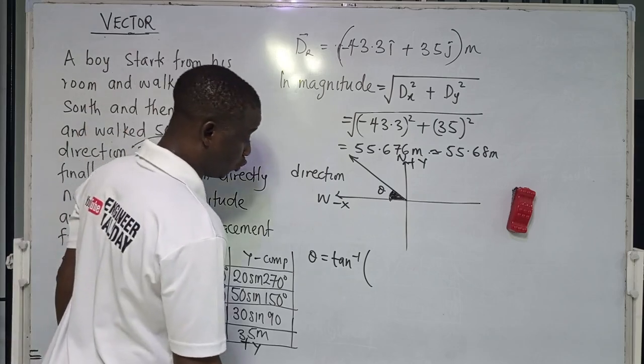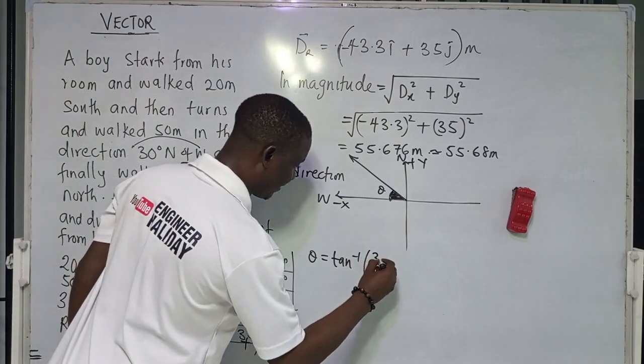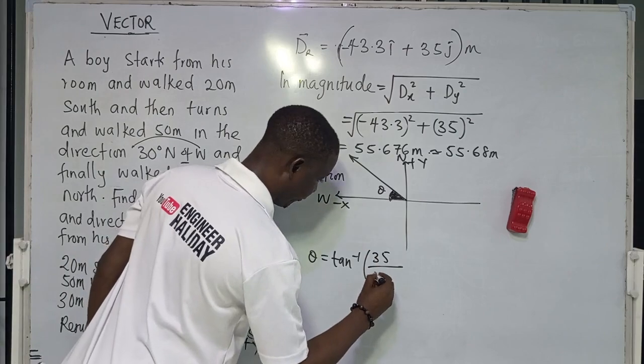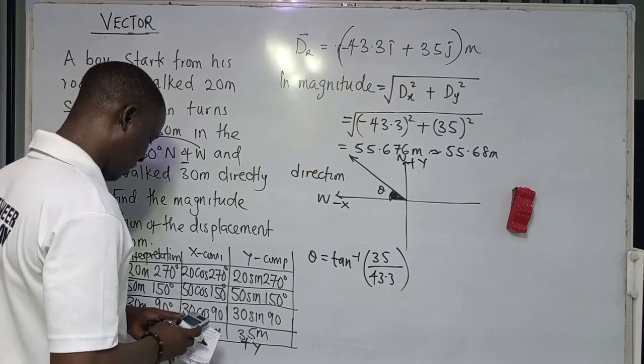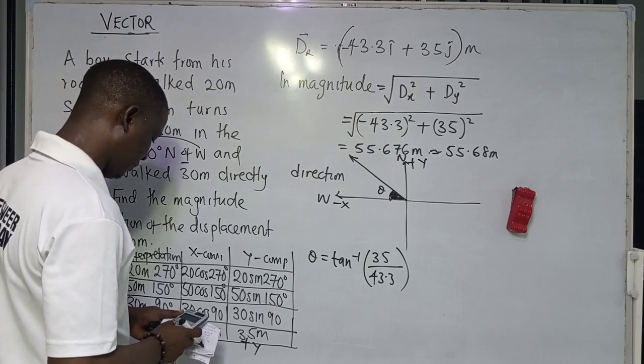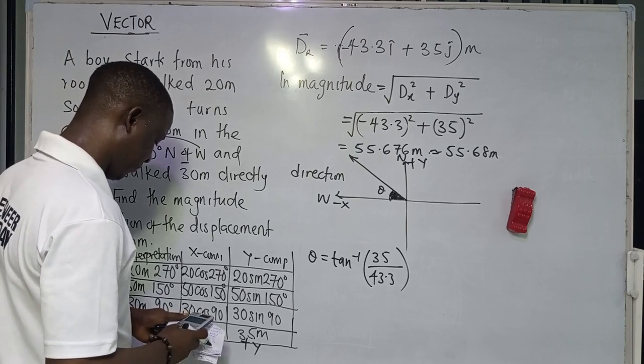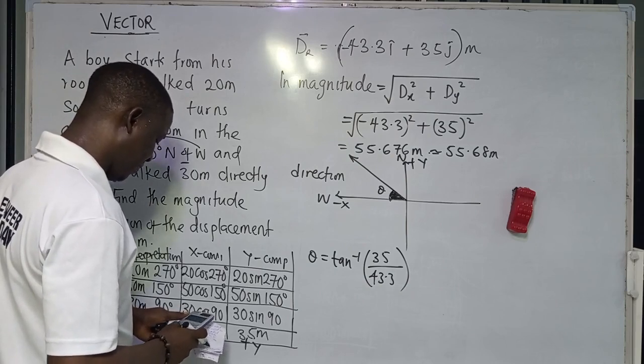Now, what I would do is to say 35 over 43.3. So what do you have there? I'm going to press shift tan inverse, then 35 divided by